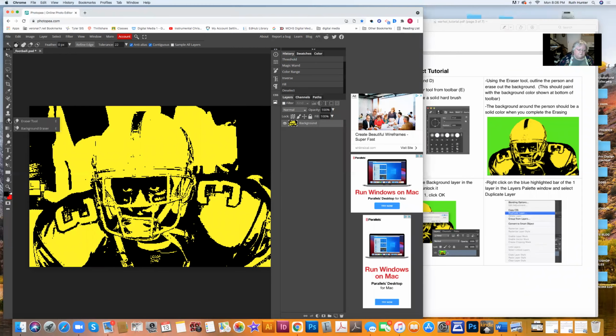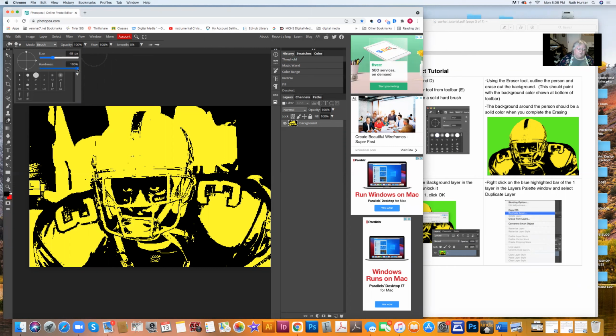It won't do that with Photopea. So we're going to have to make sure that the eraser is on the hardest it can be. And I'm going to put it on about 40. And I'm going to start erasing the background like they did, but we want to make sure that we